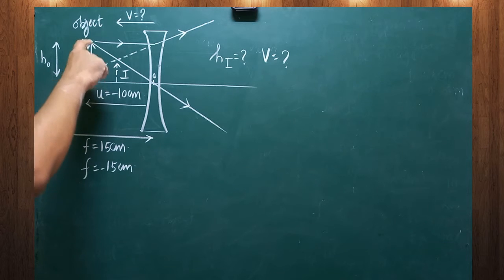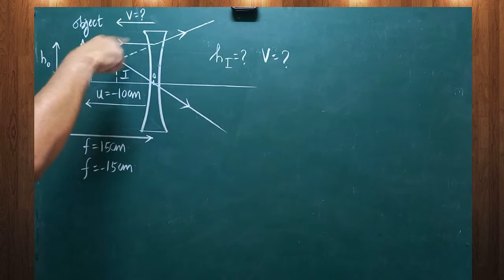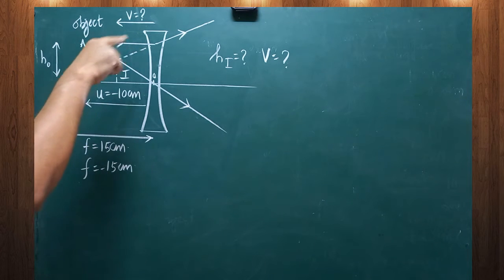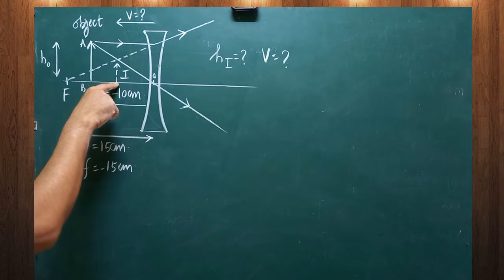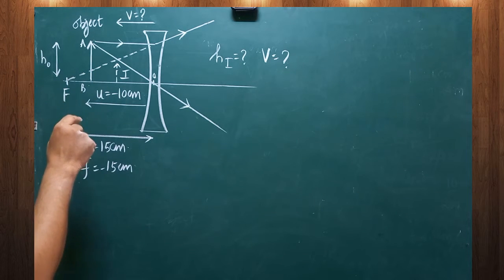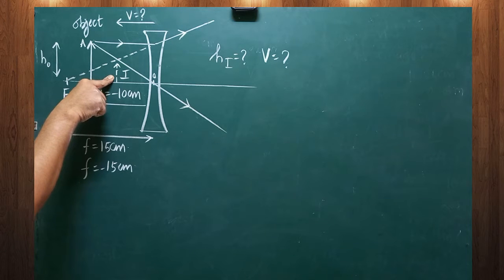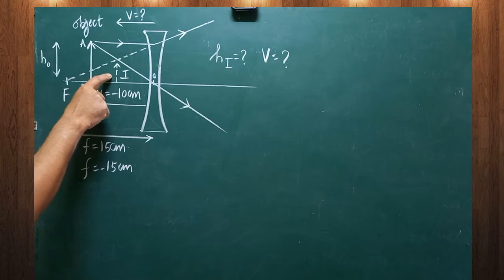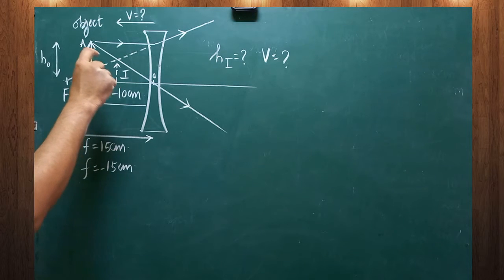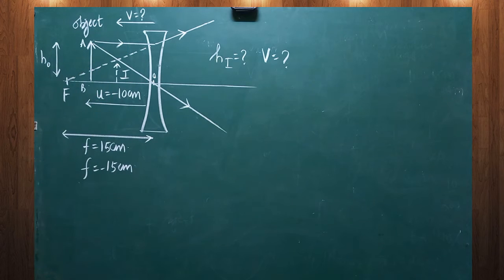Here the object is kept exactly at 10 centimeter and we have to draw the ray diagram. Already I have taught how to draw the ray diagram. Here the image is obtained. One small, tiny, diminished image is obtained and you are not able to catch the image on the screen. Since it cannot be caught on the screen, this kind of image is called a virtual image. One small diminished virtual image is formed on the same side of the object.